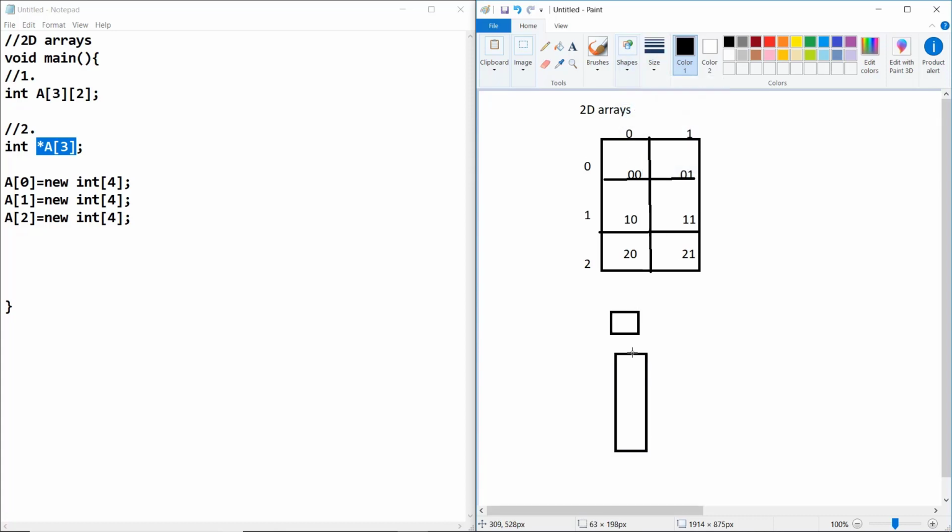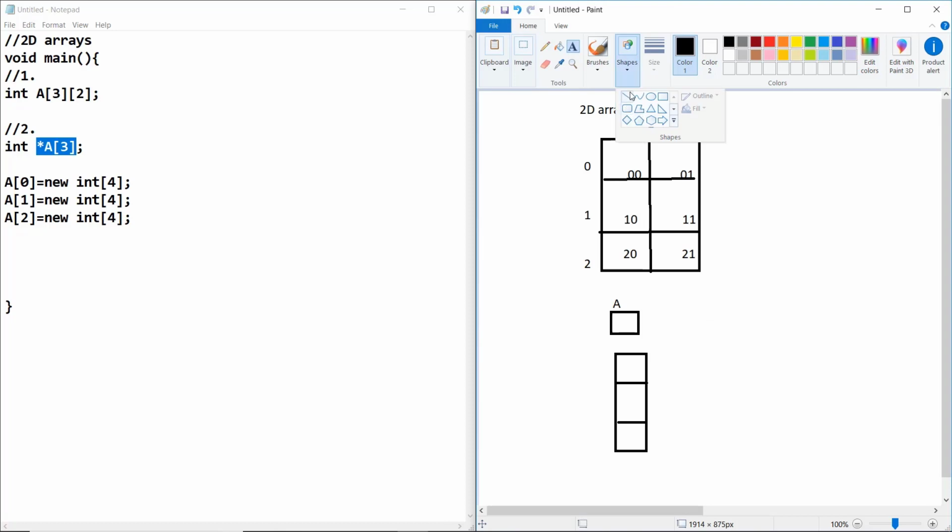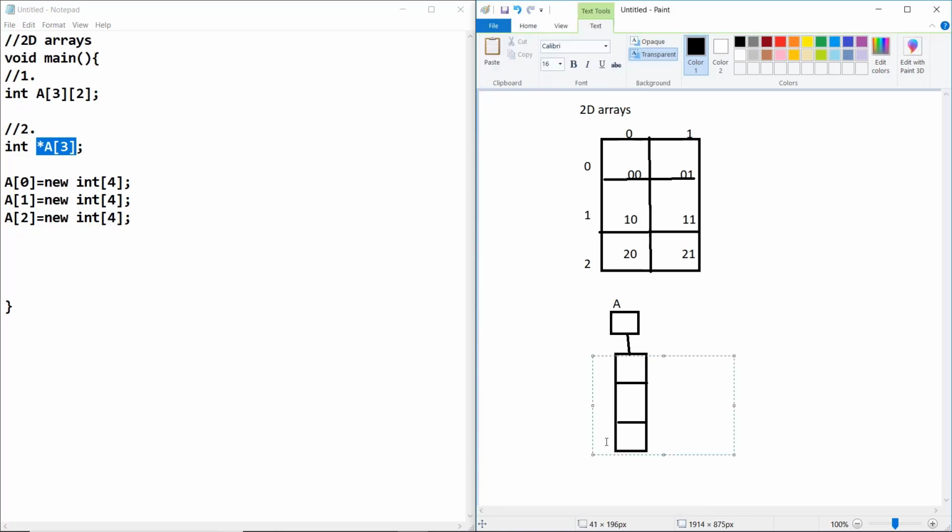A is pointing towards this array, and these pointers have their own addresses 0, 1 and 2.